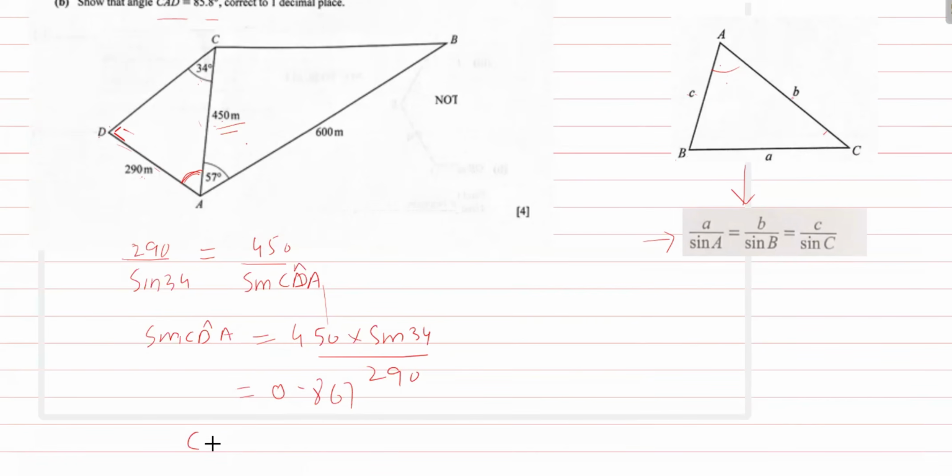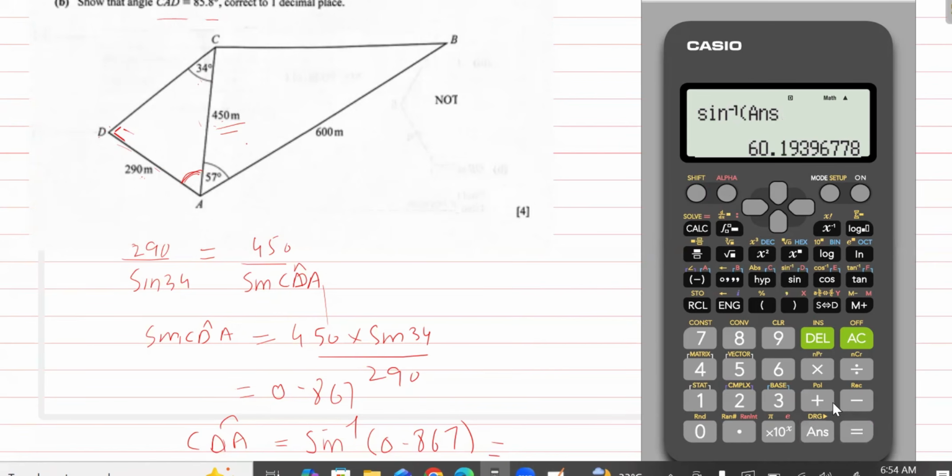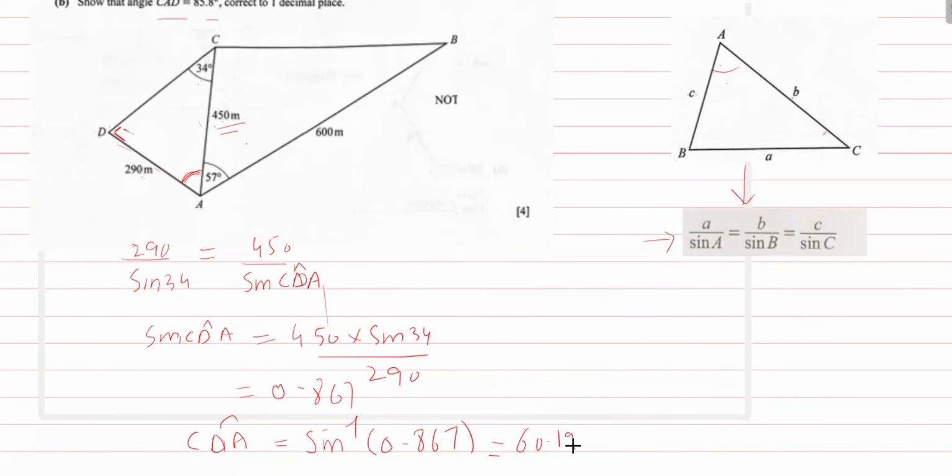And angle CDA will be equal to sine inverse 0.867, and this will be equal to 60.19. But we have to calculate the angle CAD. This angle is CDA and this is 60.19. And look here, when two angles in a triangle are given, we can calculate the third angle by subtracting these two angles from 180. Therefore, this angle